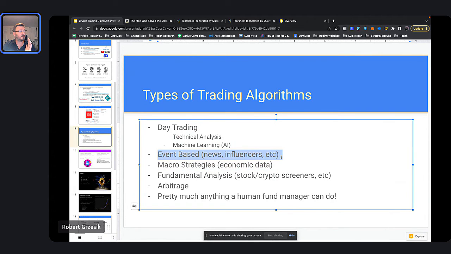Event-based algorithms are very interesting. I've seen our students make a ton of money doing this stuff. Arbitrage can be very powerful. This is what Ken Griffin's doing. Sam Bankman-Fried, the guy from FTX, one of the world's richest people now too, he uses arbitrage trading, but there's a lot of different types of trading algorithms. We can go over them really briefly.